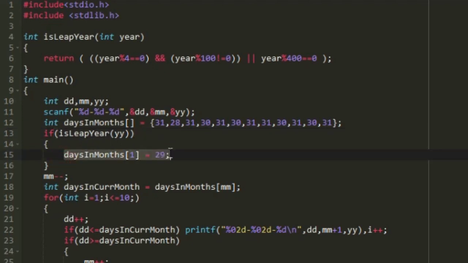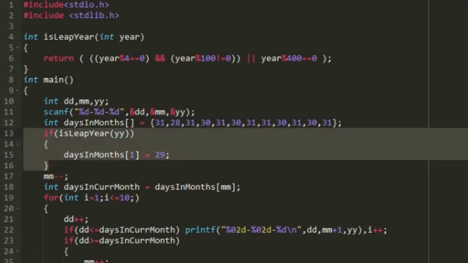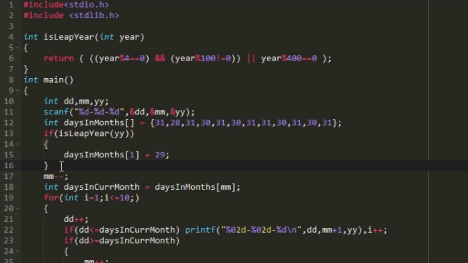This function returns 1 if the year is a leap year, and if it is, then we are going to update the integer present at index 1, because that integer represents the number of days in February. We will be setting it as 29, because in a leap year there will be 29 days for February. That is what we are doing in this if condition.